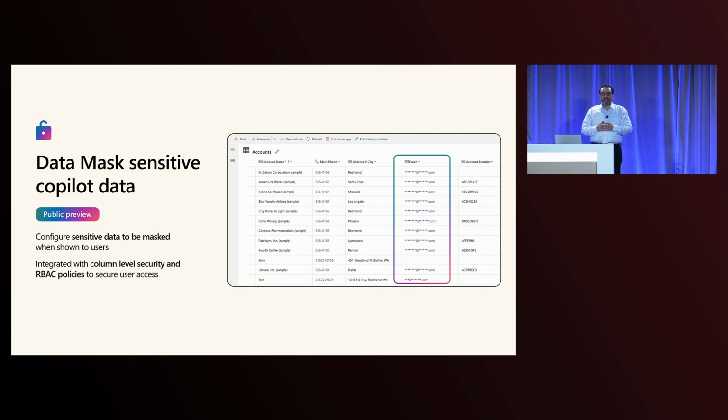If you have a case like, for example, SSN or email addresses, it's better to use the data masking feature on those columns. Let's say you have a table in Dataverse and there are certain sensitive fields on it. It's better to mask this data. So if somebody asks a query about it in the Copilot, it grounds the data and will show it in the masked format. So your data is secure in the tables themselves, and any response the Copilot generates will actually be based on the masked data. The feature is still in preview, but you can use it and test it, and I will show you a small demo about that as well.